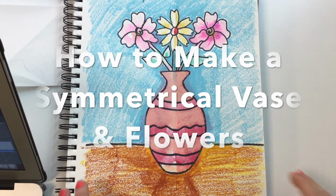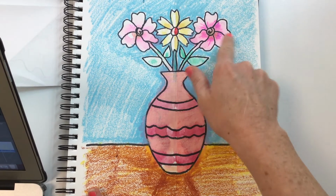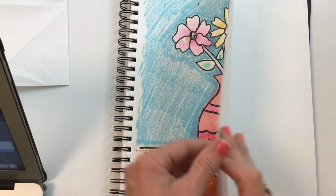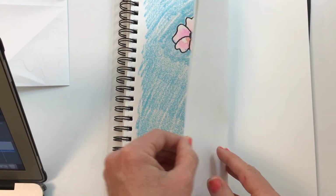These are directions of how to make a symmetrical vase with symmetrical flowers. So you open to a clean sheet of paper